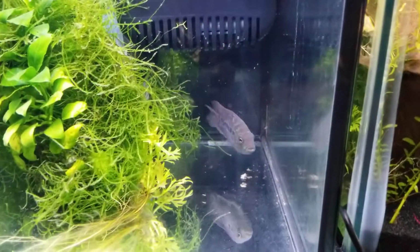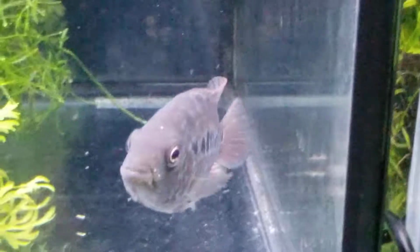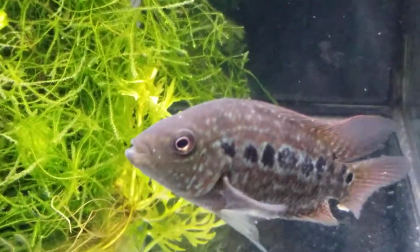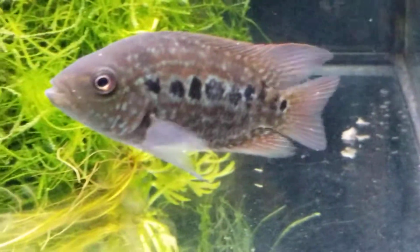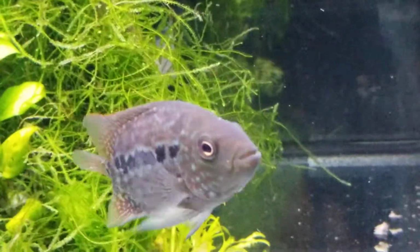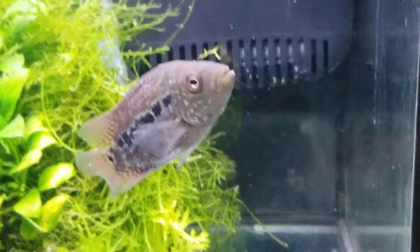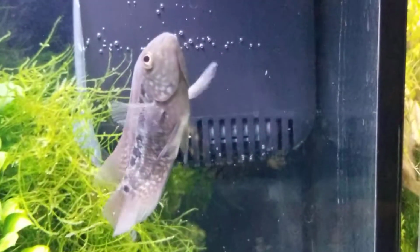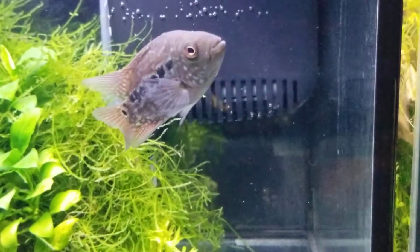I just wanted to take the opportunity to formally introduce you all to the newest addition to my dorm room slash fish room, and that is Star, the red Texas cichlid. Sold to me as a green Texas, but the lady who actually labeled the tank sat down with me and talked to me about it, and told me that while they were purchased as red Texas by the pet store,